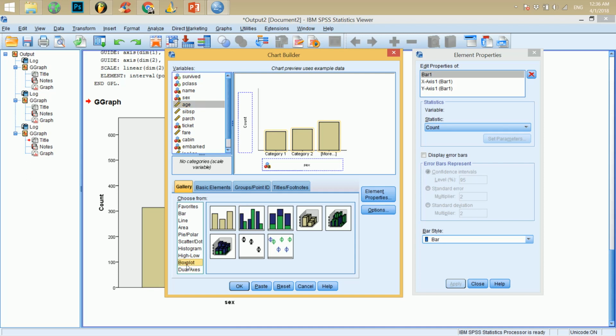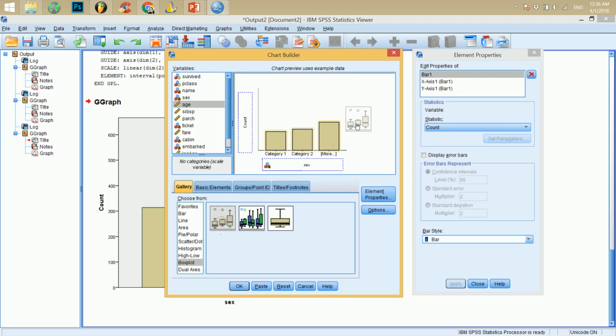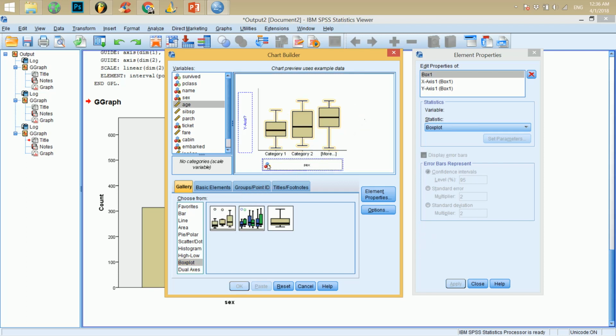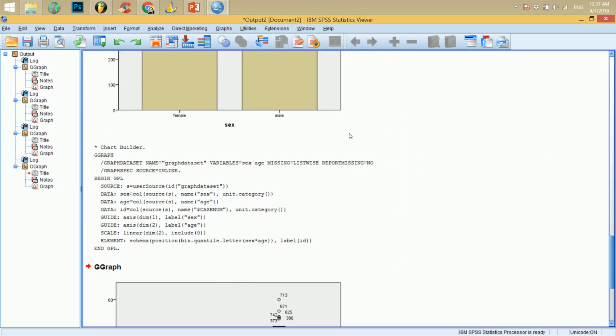What I normally do is straight away jump for a box plot, because of several reasons. I'll tell you why. First, let's drag and drop this one. Onto the x dimension, as I told you, let's put in the categorical variables, and onto the y dimension, let's put in the age, which is one of the continuous variables. What I'm doing by this graph is producing a graph which is evaluating two dimensions, x and y, at the same time, where one of the variables is categorical and the other is continuous. If we press OK, we come up with